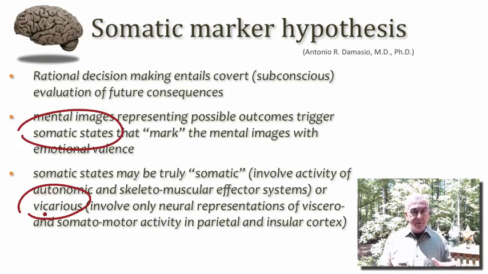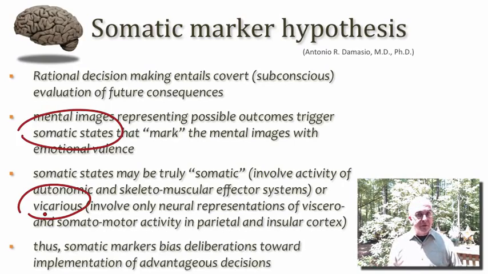And here's where there's a bit of a departure with the classical James-Lange theory. Damasio would propose that indeed the relationship between body and brain may not be obligatory for the operation of these mental images. Rather, in the parietal and the insular cortices, there may be a stored memory of body state that can be mobilized and used to mark that mental image with an emotional valence that reflects the way the body feels when experiencing one possible emotional outcome or another.